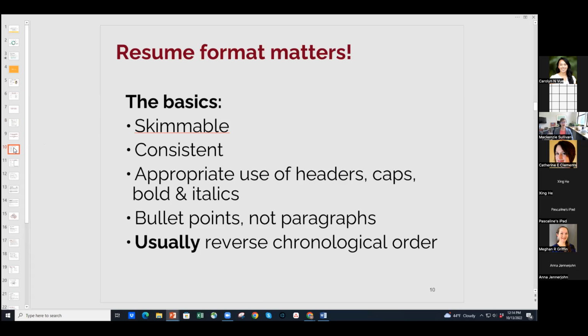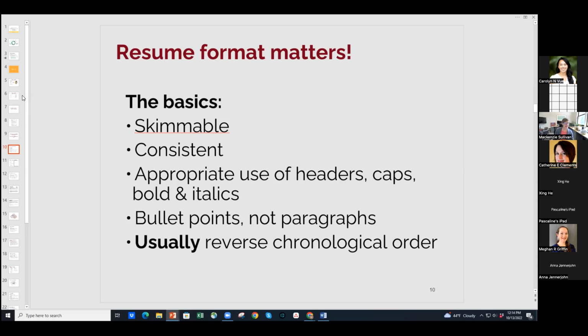And so for that reason, I always say format matters. Format matters a lot more than people think it does, because if the recruiter skims your resume and says, yep, it's a good school, it's a decent degree, I understand, I need somebody who can teach a little bit, that person looks like they taught before, then I might go back and give the person a couple minutes to look at it. But if it's not skimmable, if I can't easily look at it in 3 to 10 seconds, it's going to go in the no pile. So format really matters. It needs to be skimmable.